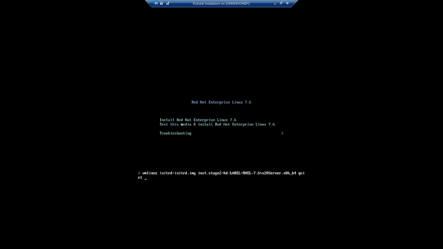My Kickstart configuration file is in my HTTP server, http://192.168.2.8, then my RHEL 7 folder, then my Kickstart configuration file name is ks.cfg. I'm revising this thing, http://192.168.2.8 rhl7 ks. Yes, it's okay.